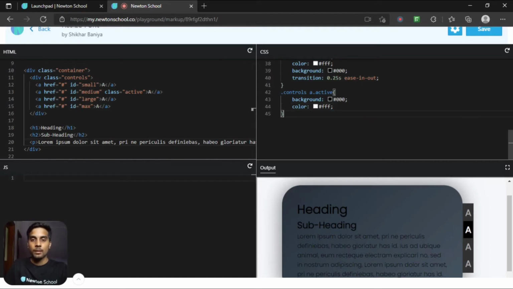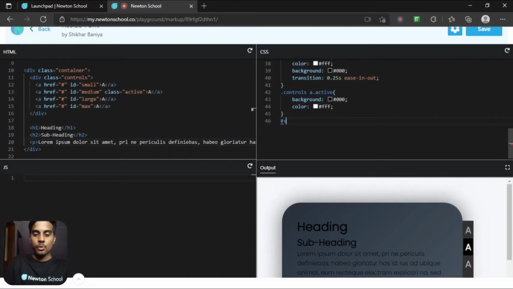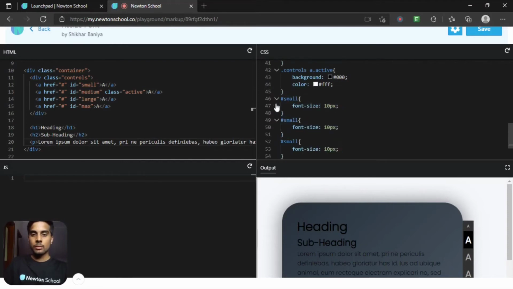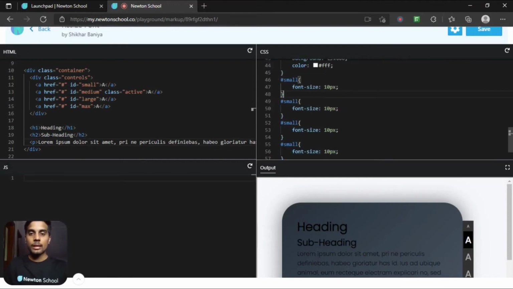Now let's change the font size according to the IDs small, medium, and large. So first, #small. For this, I want to change the font size. Let's say 10 pixel. I want the same for three more IDs.